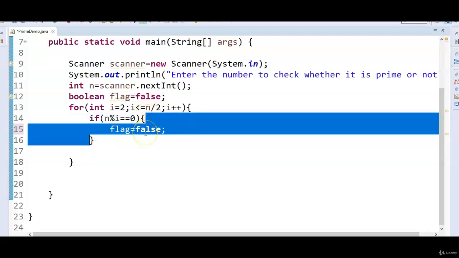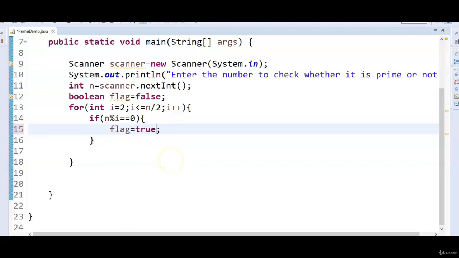In the rest of the cases the flag stays false, because initially I'm taking the boolean value as false. So if n percent i equal to 0, flag equal to true.